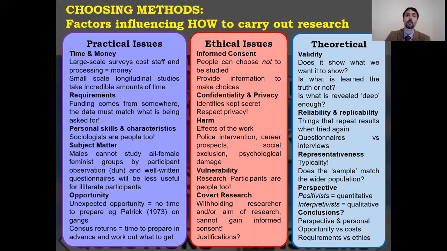Interviews are another good way of doing this. If you do the same scripted interview with different people, you've got a series of structured questions, and you end up with roughly similar results wherever you go, then you've found a reliable and replicable result. If you do it in one area, you get one set of results, in another area, you get another set of results, but then you go back to that same area and you get yet another set of results, well, then something's gone wrong and your interview isn't working. Questionnaires arguably are easier to replicate than interviews.